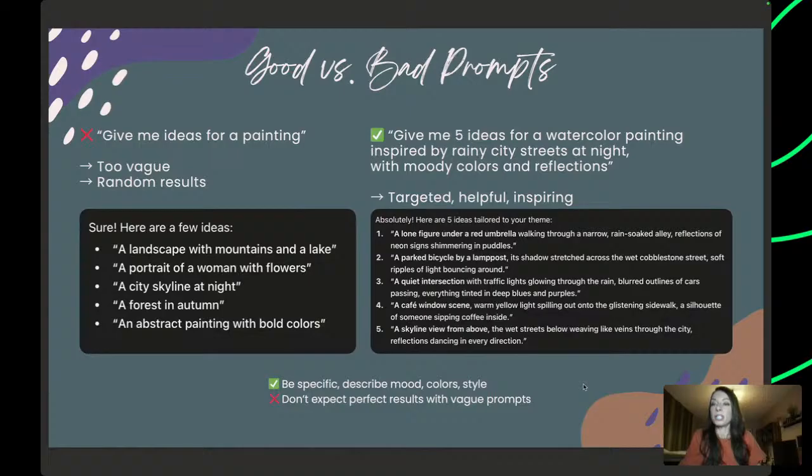So it gave me 5 ideas: a landscape with mountains and a lake, a portrait of a woman with flowers, a city skyline at night, a forest in autumn, and an abstract painting with bold colors. And it usually tries to give you a variety of things. So you see, we have a landscape, we have a portrait, we have cityscape, forest, and an abstract painting.